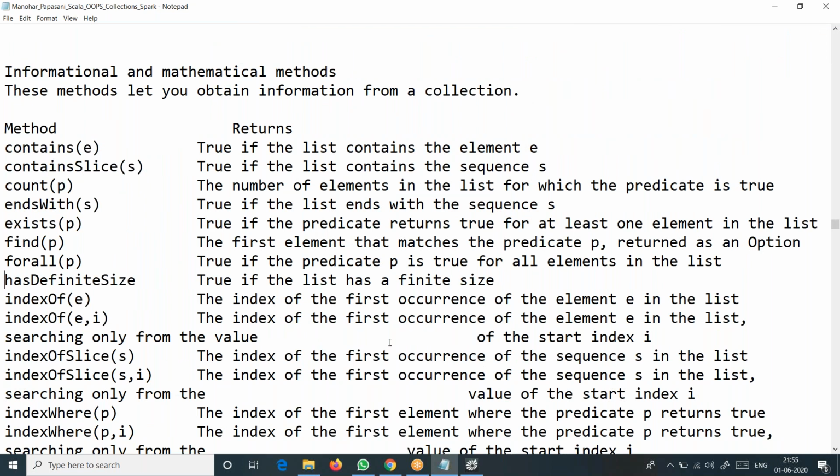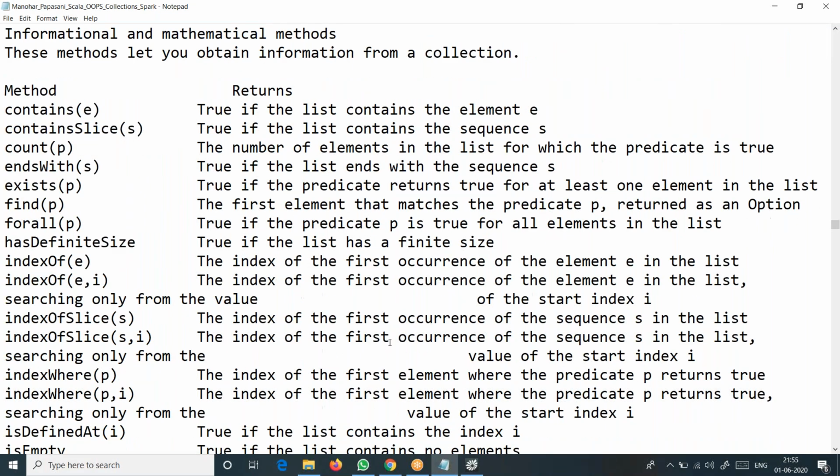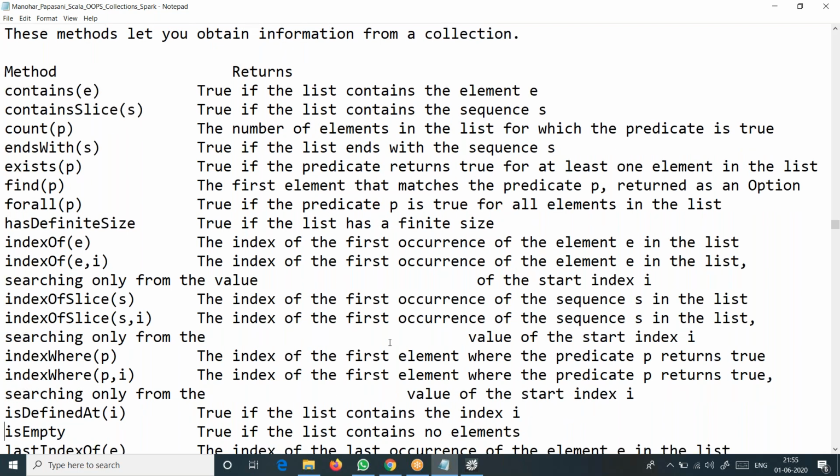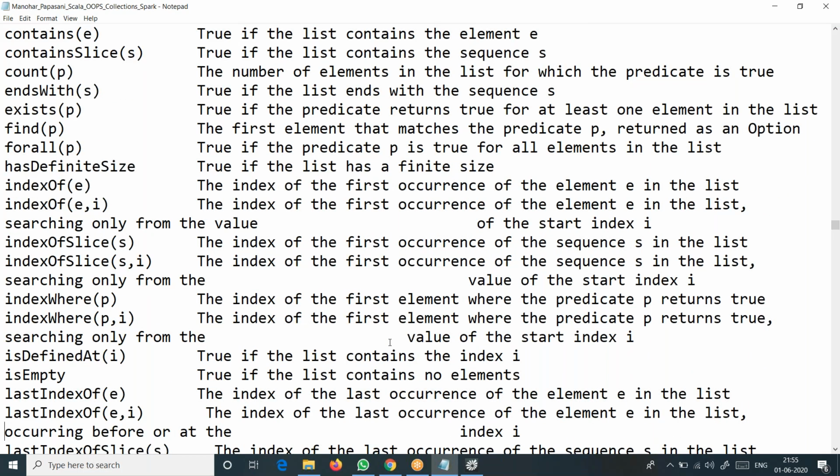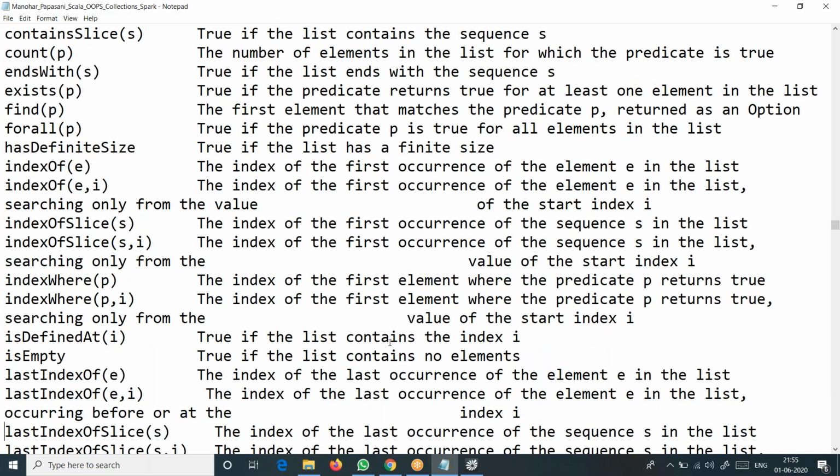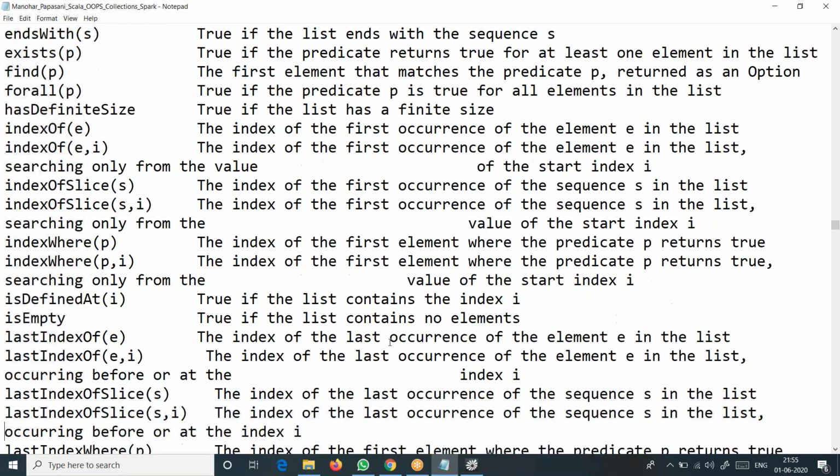Contains slice is fine. If that particular slice, meaning some substring or subset of list, is present in a list or sequence. Count means number of elements. Ends with checks whether it ends with a sequence of elements. Find returns just the first element that matches the condition.